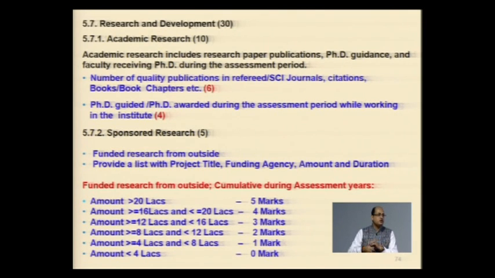Next slide you will see the values for the tier 1 institution, from 4 lakhs to 20 lakhs in multiples of 4 lakhs. If a program is able to get sponsored research from an outside agency, then whether one faculty gets a project or 20 faculty or 10 faculty get a project is irrelevant here. It is the amount and the proportional marks under the sponsored research category.